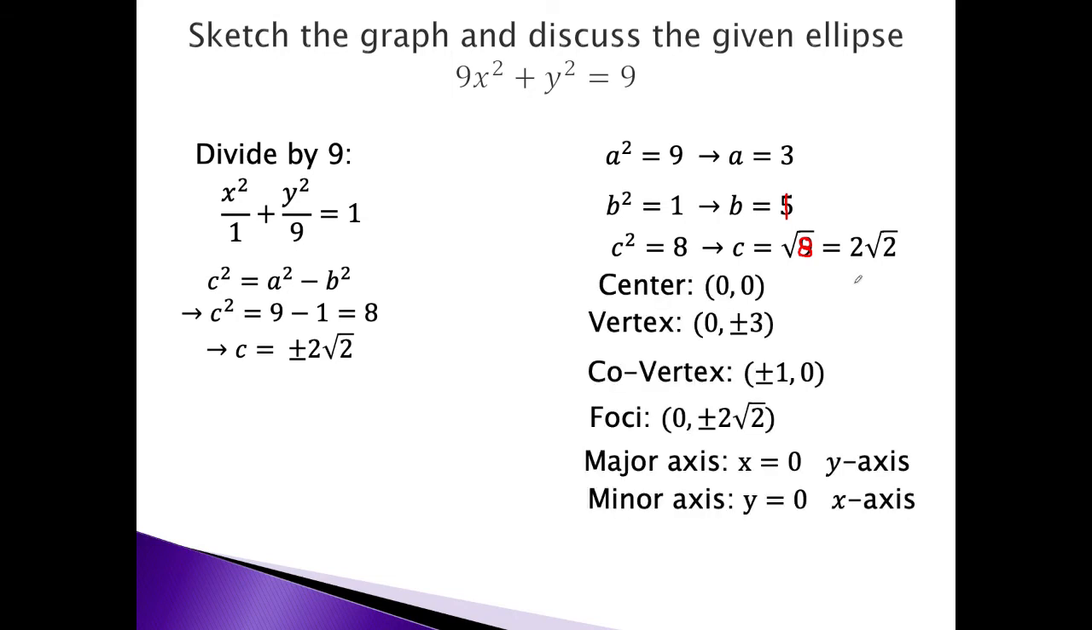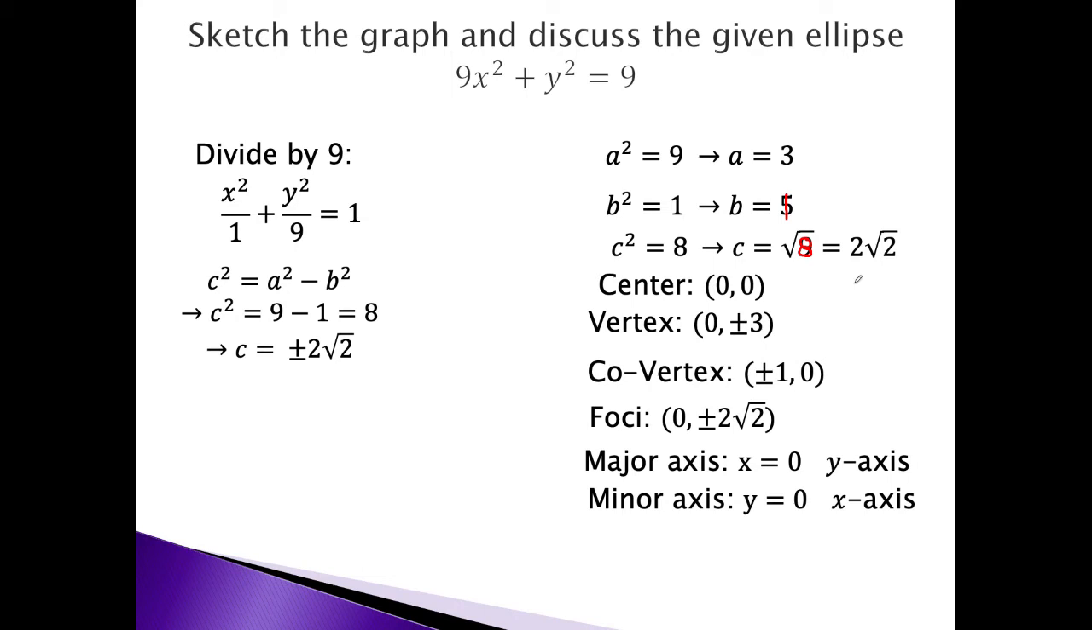Then we find our information. This information, the center, the vertex, the co-vertex, the foci, the major axis, the minor axis, this is all the information that I'm going to ask from you on the test or the quiz. Our center is (0, 0). Our vertex is 0, plus or minus 3, which is a added to k,